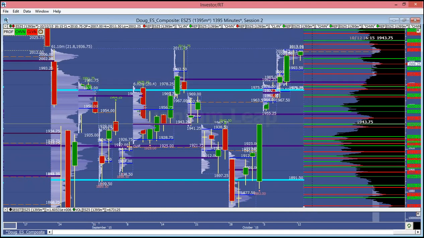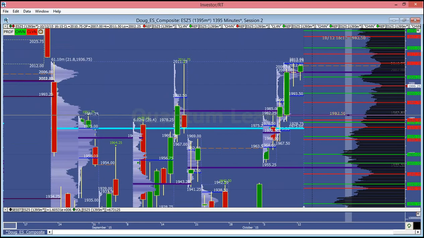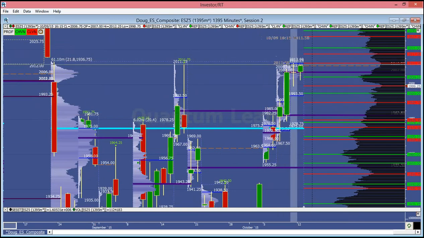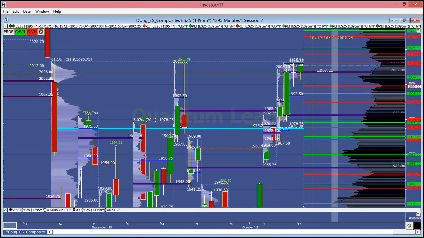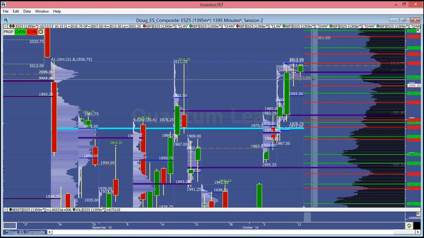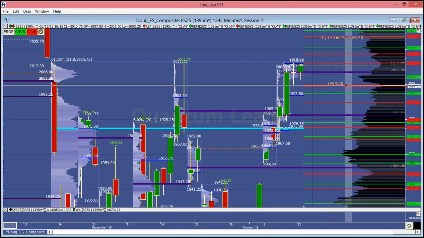This is why this 82 area is important. It's also important, there's a naked VPOC there as well. And then we had another trend day, and we've been holding value up here in around the 2007 and a quarter area, and overnight they fell out of this balance up here and are coming down and testing into the 1900s. So we are going to most likely open outside a range and outside a value with a gap, and